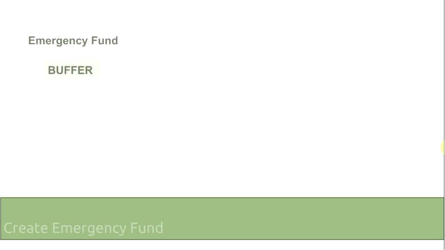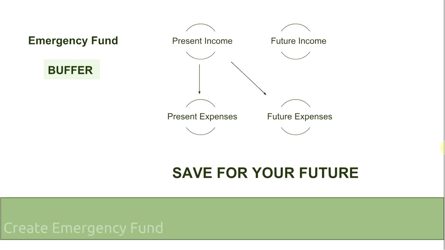Alright? So, let's talk more about emergency fund or buffer. So, again, ganito yung setup. So, yung present income natin, it's used for present expenses. So, part of our income, we need to set aside. Okay? We need to set aside, and that thing, we can save that in a buffer fund or dun sa emergency fund natin. Para in case meron mga future expenses, alright, meron tayong funds na naka-ready para dun.